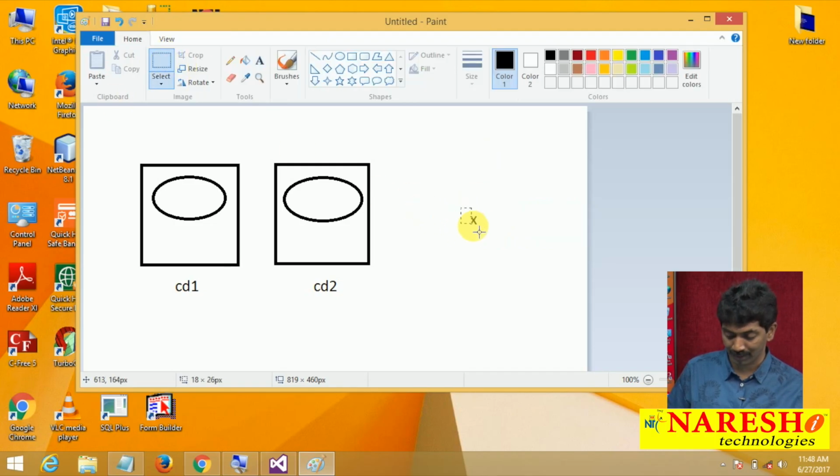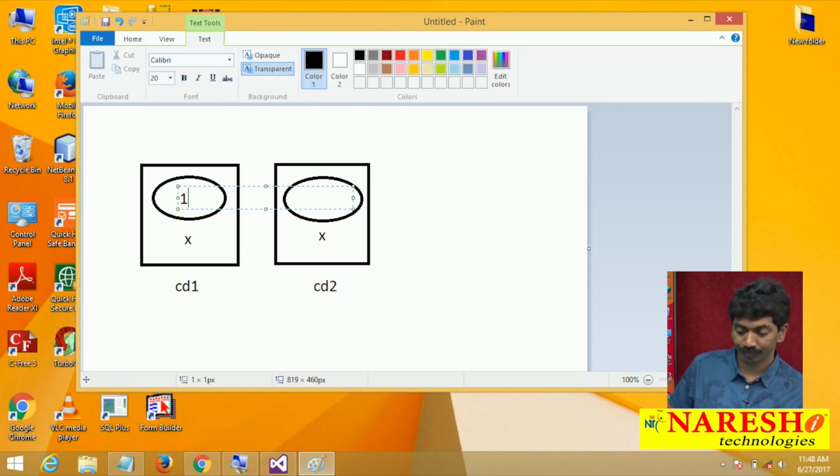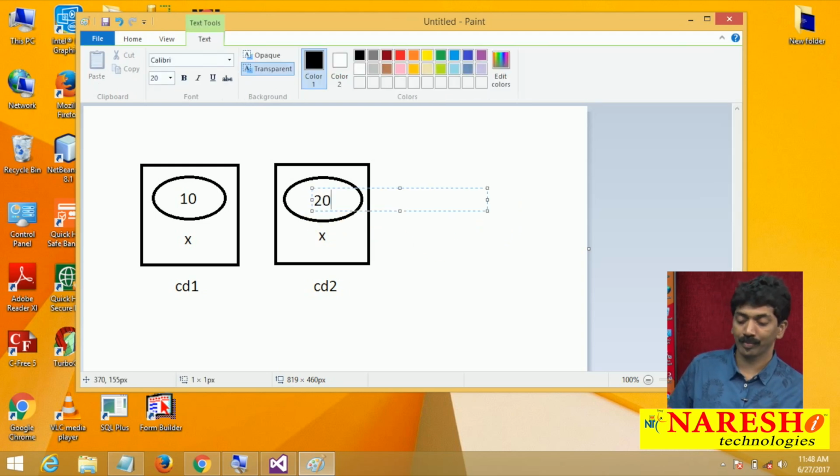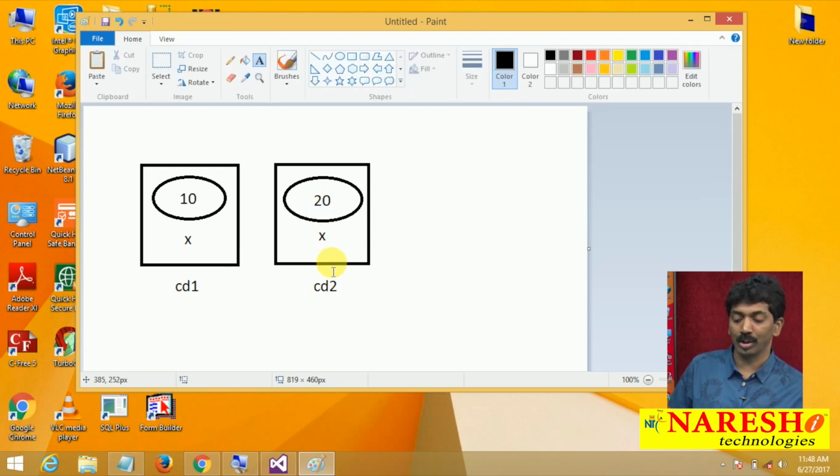There is a copy of x in the first one and a copy of x in the second one. So here we have an x and again we have an x here. The 10 and the 20 that I am passing: the first time the value 10 comes here, and for the second instance the value 20 comes here. So the value of x is going to be separately present for cd1 and cd2.